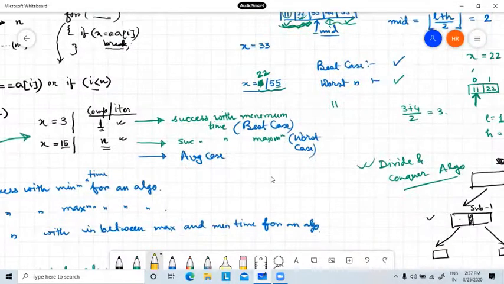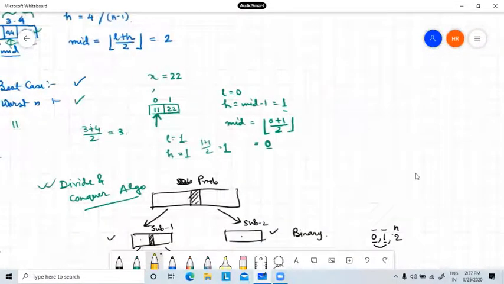Now see, this is another interesting thing. Suppose there is a printf statement, or a scanf statement, or an assignment statement like this. Remember, these statements will require minimum time.